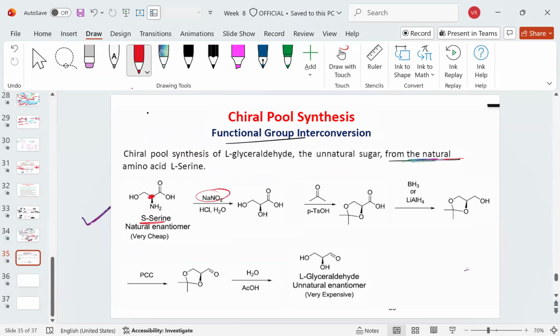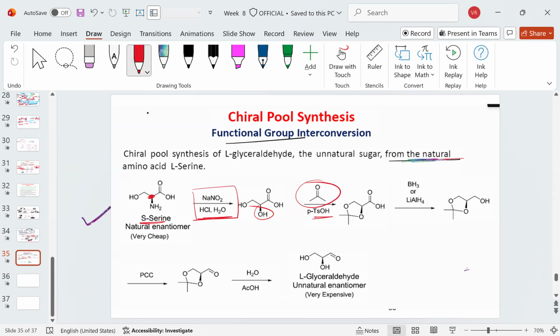The first step is NaNO2, HCl, water. The same step as earlier, this converted the amine to the corresponding hydroxide. So you can remember this reagent also. What exact mechanism you can look for that one. Right now I am showing directly NaNO2 plus HCl plus water. It gives this amine to the alcohol, with retention in the stereochemistry at this stage. Now what we did, we did the